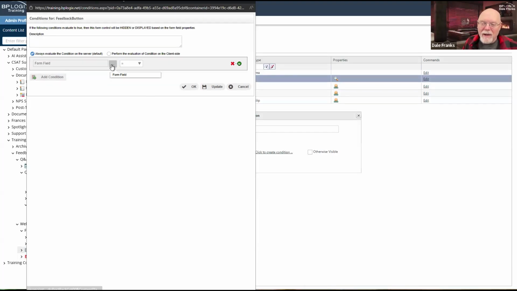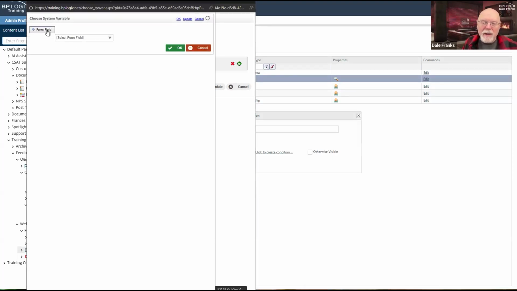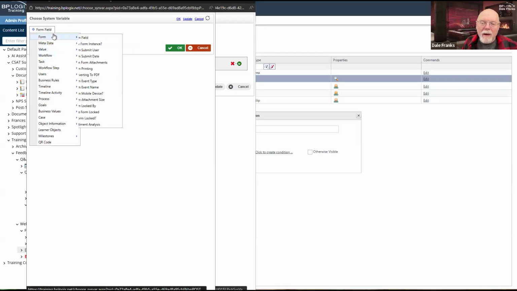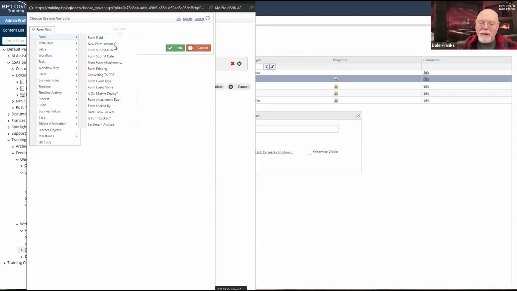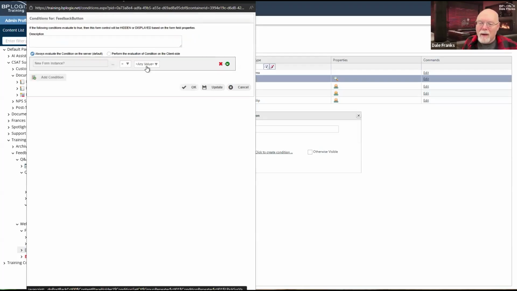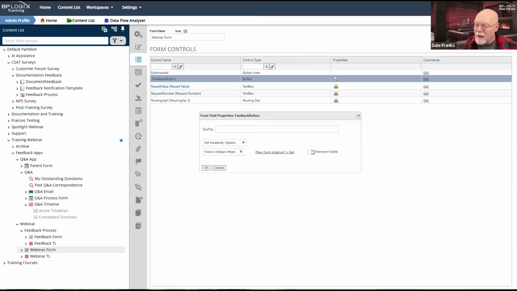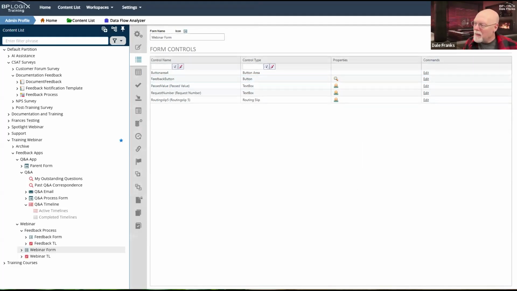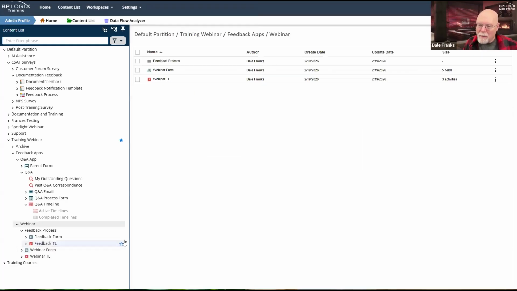So apparently I did not properly save that condition. So form, new form instance equals yes. Okay. And otherwise visible. So we'll hit OK there. We'll hit OK there. Let's try this again.